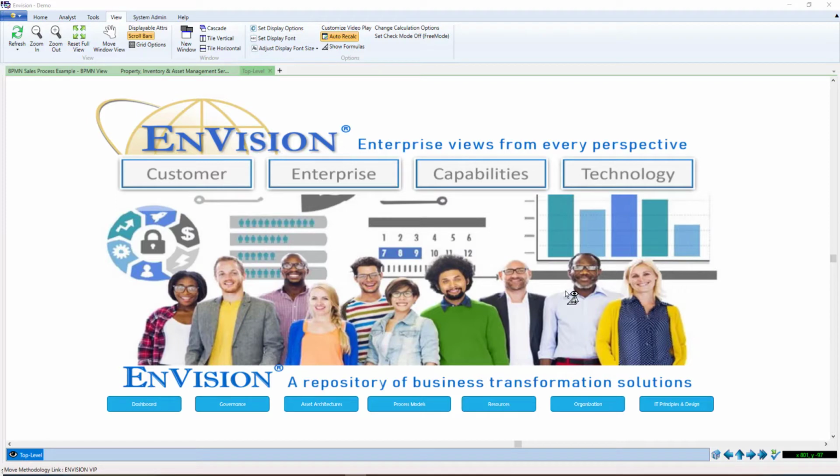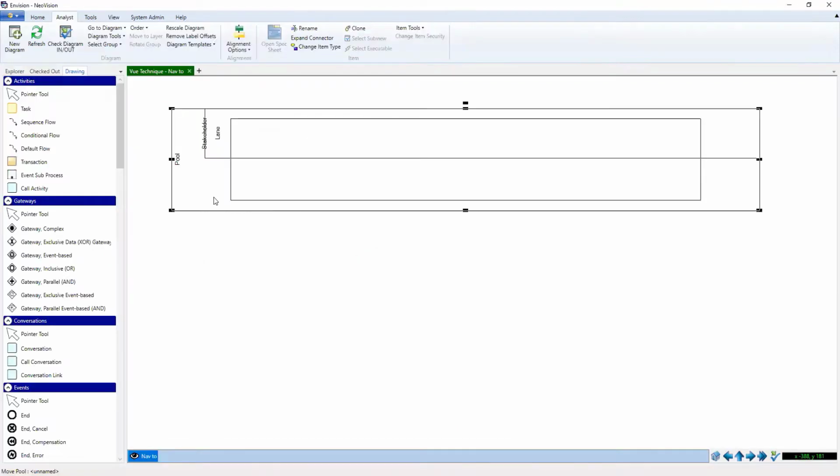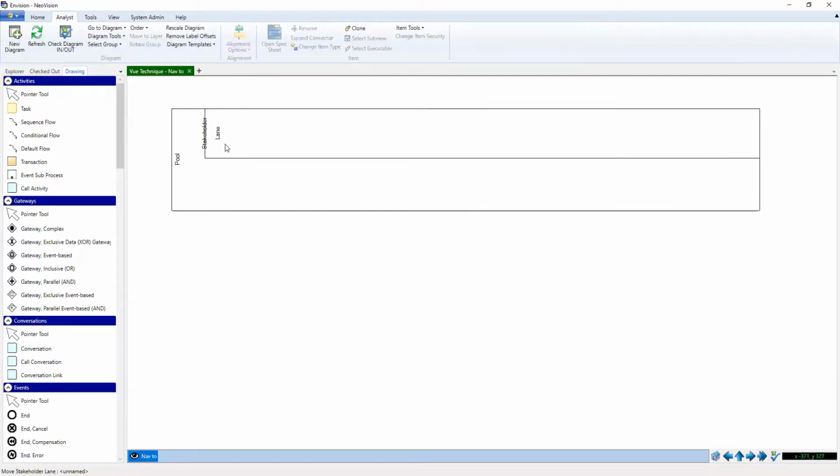Now let's link it to our BPMN model. Just for the purposes of this demo, I put a BPMN model over here so we could play around with it. Right now in the BPMN model, you have a pool and you have a lane, and the lane is tied to the stakeholder class. For this example, we're going to create a new type of lane. So if I go into System Admin, Manage Models,